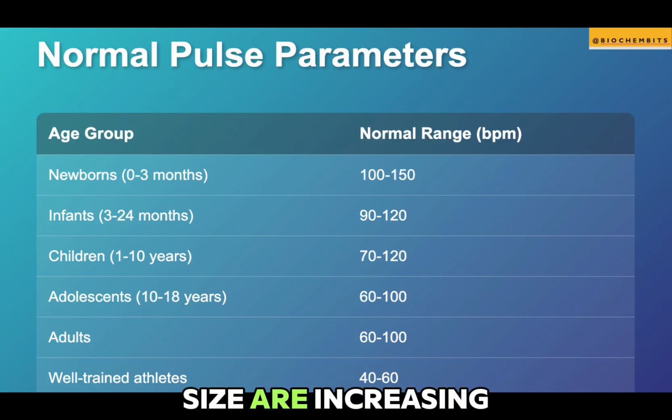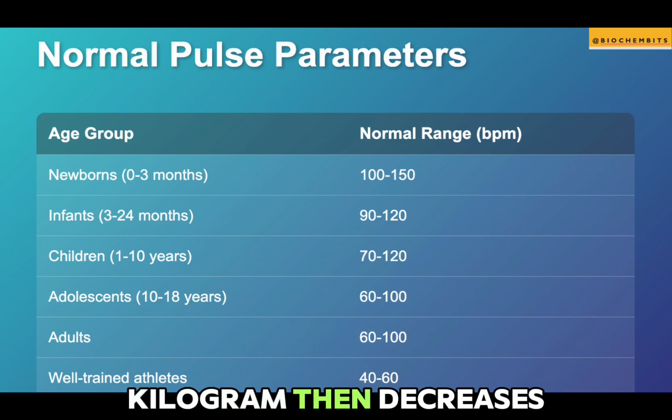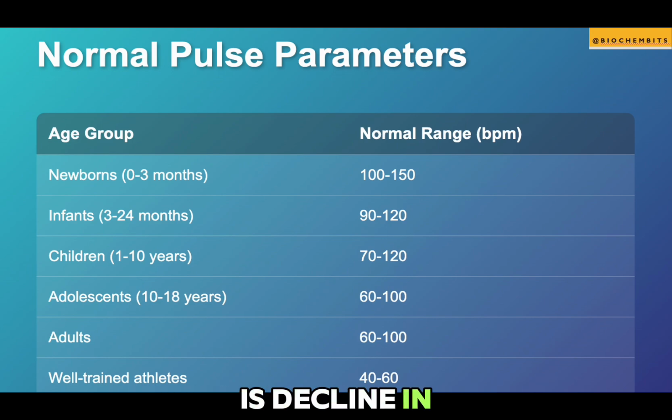But as we grow, the heart size increases, and then the metabolic rate per kilogram decreases. So gradually there is a decline in the pulse rates. So by adolescence and adulthood, the normal range falls to 60 to 100 beats per minute, and so we're able to get it maintained. Now, looking at well-trained athletes who maintain very rigorous exercise over time,